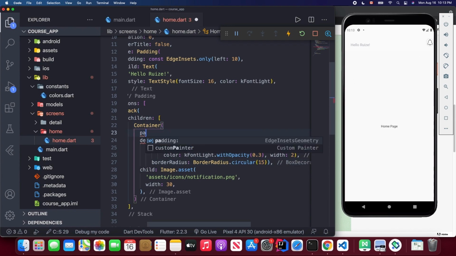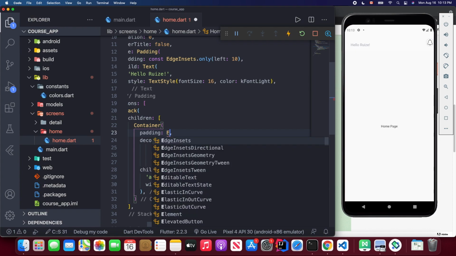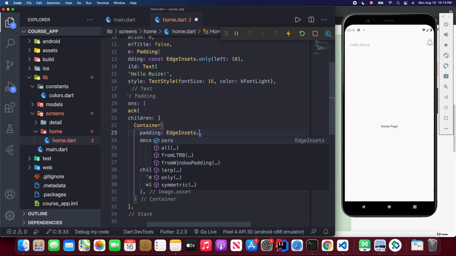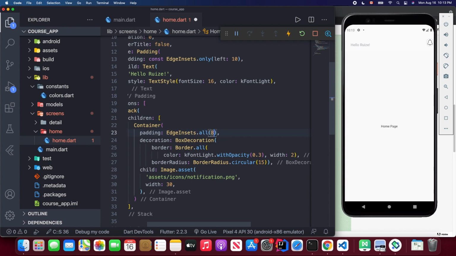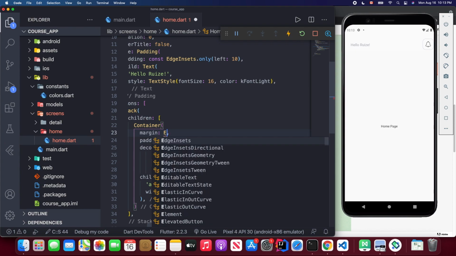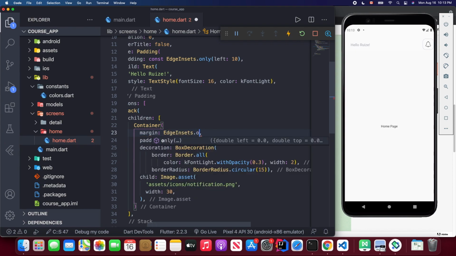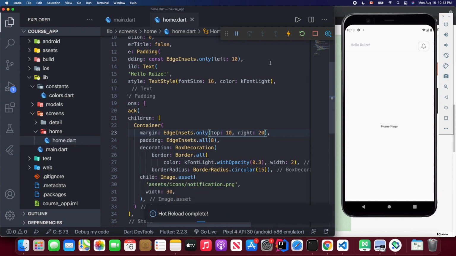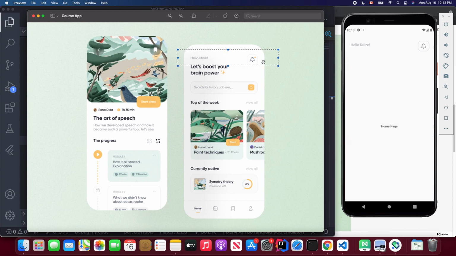And also we need to give some padding, and I use EdgeInsets.all and set it to 8. And also the margin, I need to give the margin to the right, so I use only, and I keep the top margin 10, and right I keep 20. So let's save. Now it's much more similar to this